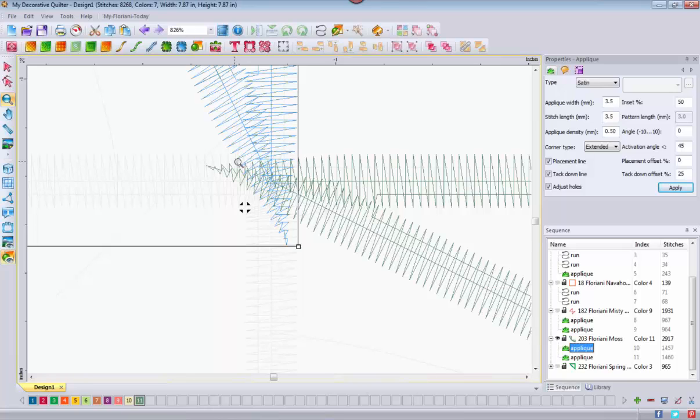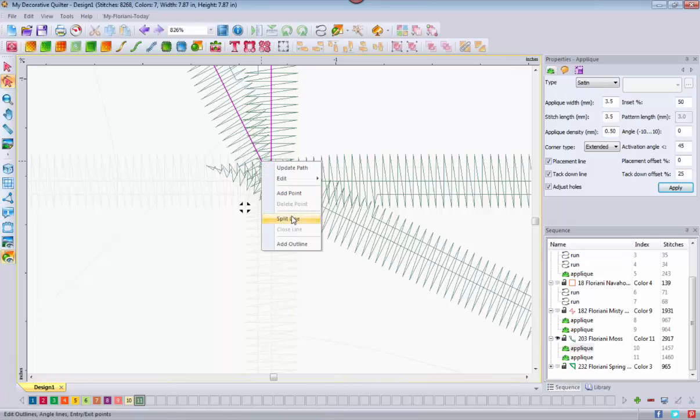We're going to leave the applique open here and delete the part that's down here. Again, we're going to do that by clicking on our shape tool, and this time we're actually going to create a split line at a point where there's no node. So what you want to do is line up where this satin stitch overlaps, come in here to the purple line, right click and say split line, and that'll put a node there and split the line. Do the same thing with the other line right in here, right click and say split line,